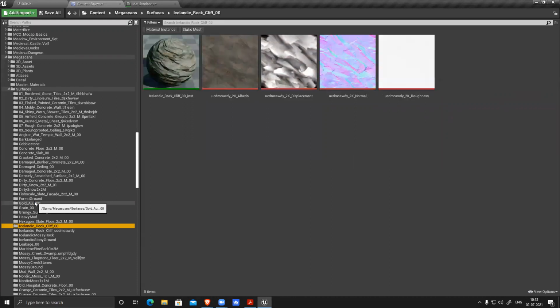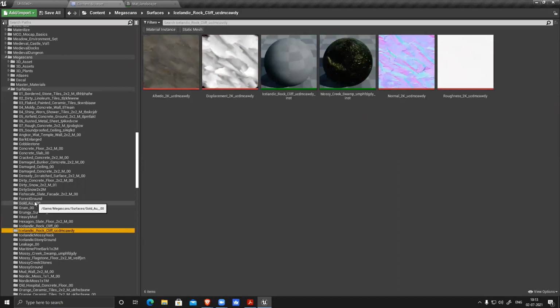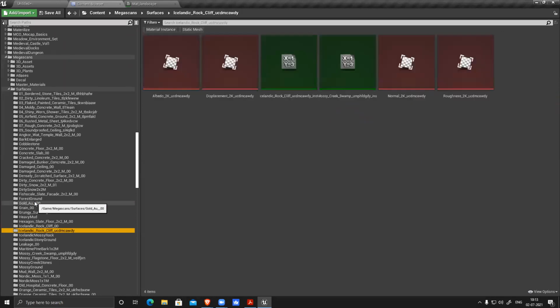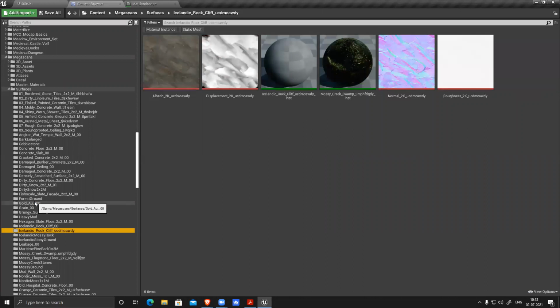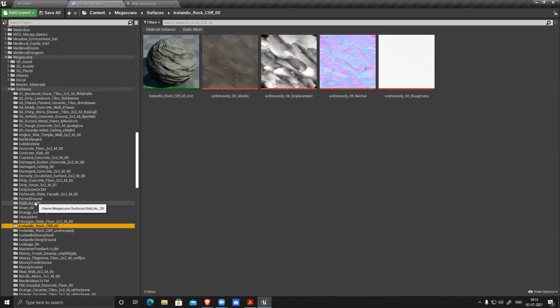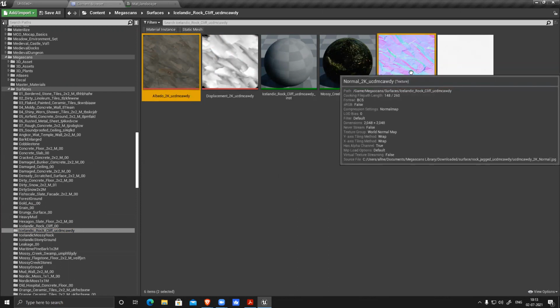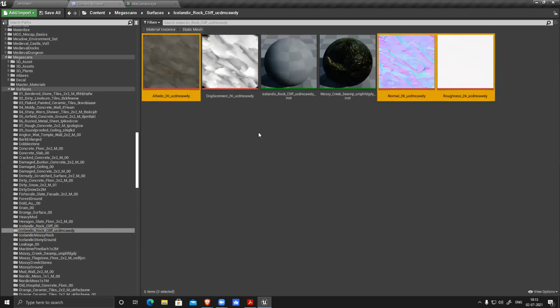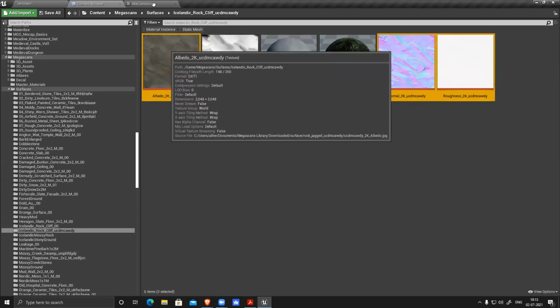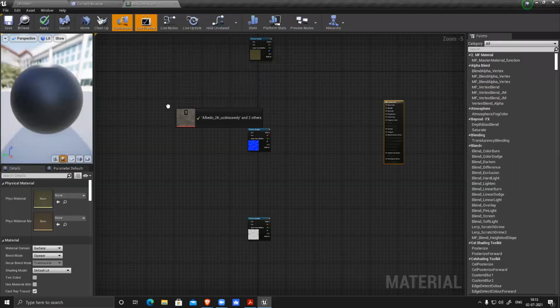So let's see. We have, oh, both look almost the same actually. Okay. Anyways, select your albedo, normal, roughness. Same thing, drag drop. And this is not vertex paint.